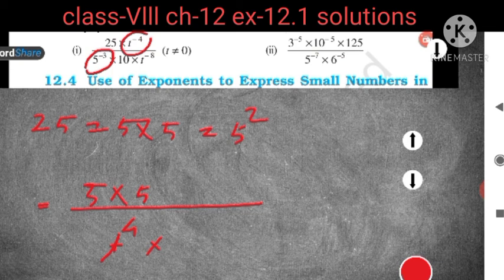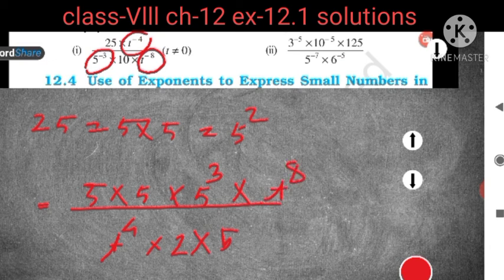So when you are converting this into positive, 5 to the power -3 is in denominator, isn't it? So it will come to numerator, so it will come up. That means 5 to the power 3, and multiply with 10. 10 can be written as 2 into 5, and multiply with 10 to the power minus 10, t to the power -8 is there. So if you will make it positive, then again it will go up.